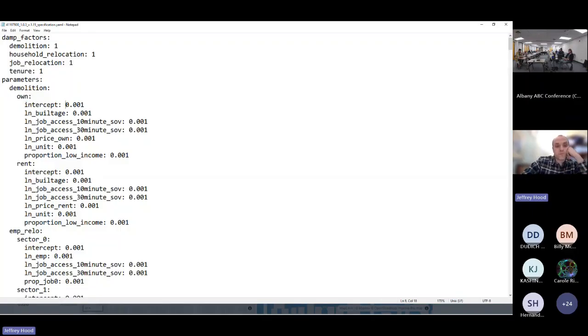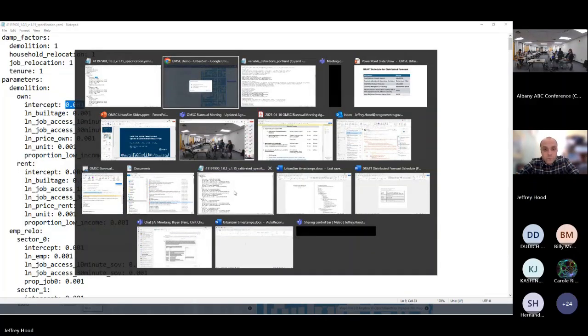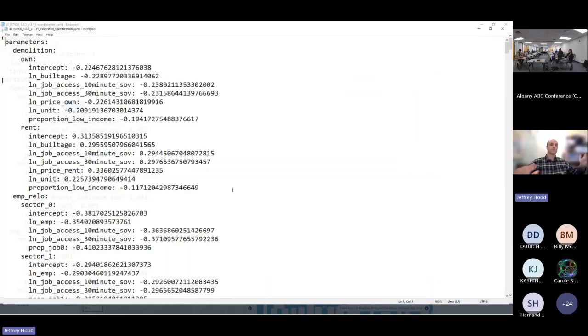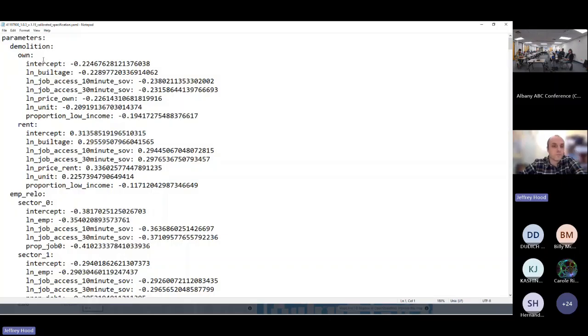So when we do the calibration, we feed it this arbitrarily small number that's not 0, so that the gradient descent is able to begin. And then when the calibration finishes, we get the optimal specification based on the solution of the large, many parameter combination of multinomial logit models. So this happens to say that